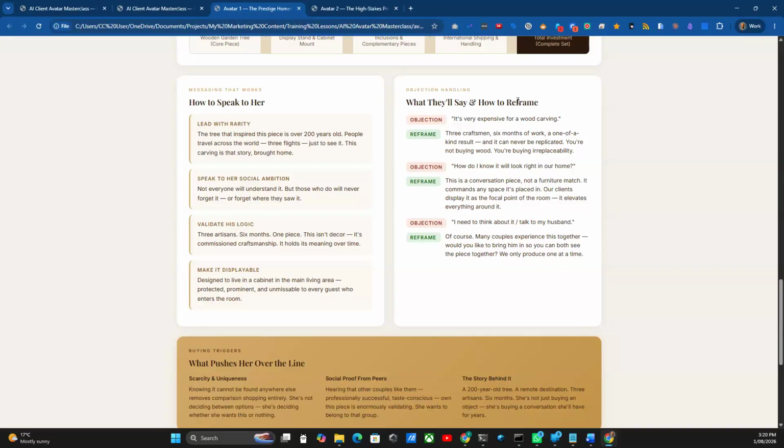Then on objection handling, we've got, "How do I know it will look right in our home?" This is a conversation piece. It's not a furniture match. It commands any space it's placed in. Our clients display it as the focal point of the room. It elevates everything around it. Boom! That's a big wall that's been